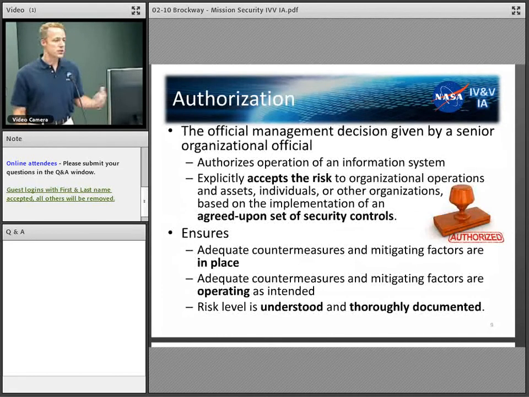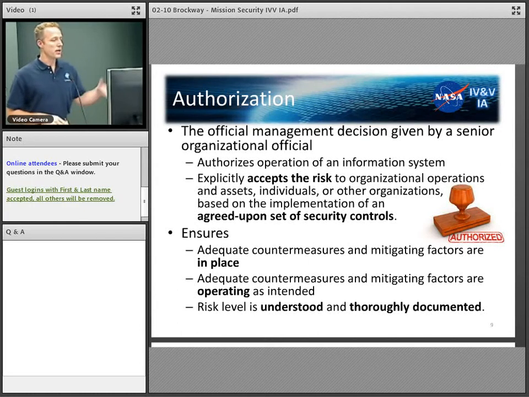And then the authorization component is, given that fact-finding mission, given the context that's been defined by what is the information or asset being protected, what are the security controls that were selected to protect it, were those tested, were those implemented, what are the variances, then a decision is made for that system to either be accredited, authorized to operate. And why is this important? Because this is the measure of the security controls' effectiveness, but again, not from the clipboard perspective, more so from what assets are you trying to protect.